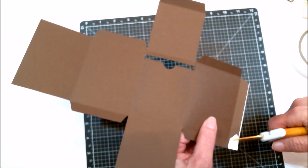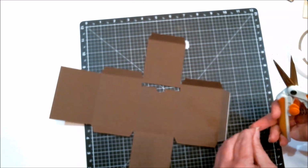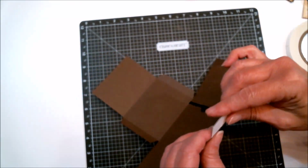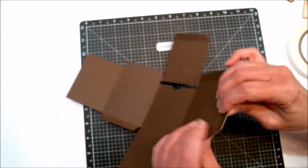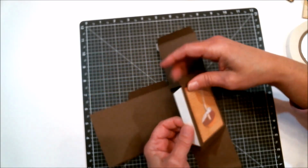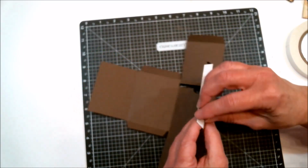So cut that off and get that out of the way. It's stuck to my fingers here. Okay. And it's okay if there's a little excess there. So once you've put that on, and you can see we put it on the outside here, okay? So once you've got that on there,